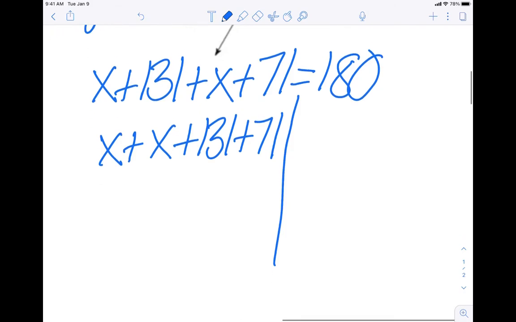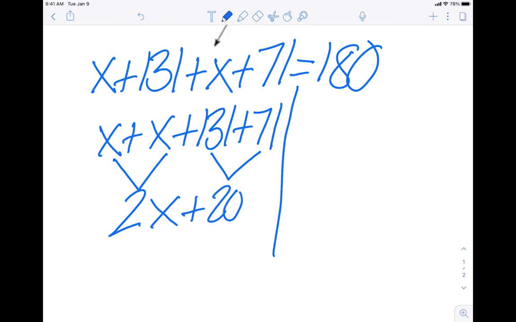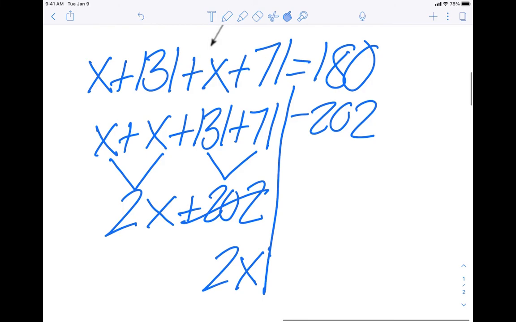All right. And I'm going to combine like terms. I have x, and I have 131 and 71. X plus x is 2x. 131 plus 71 is 202. Positive 202. I'm going to take my 202, I'm going to cross it out, and I'm going to bring it over as minus 202. Right? So I still have my 2x left right here. And I have my